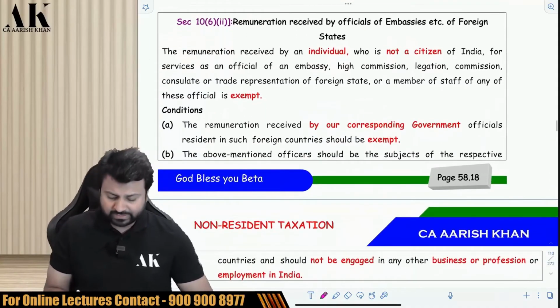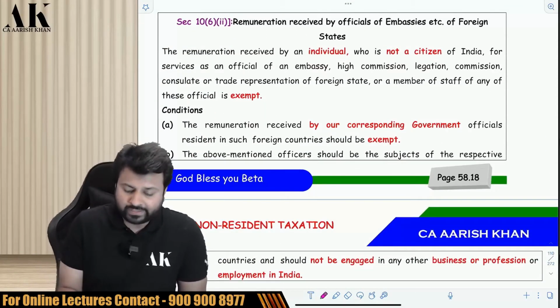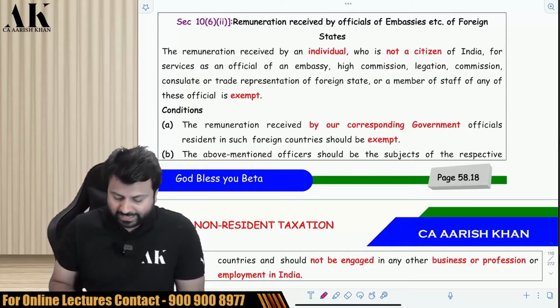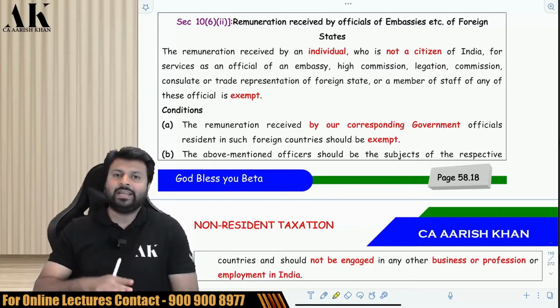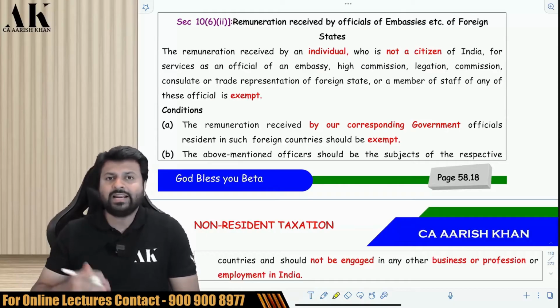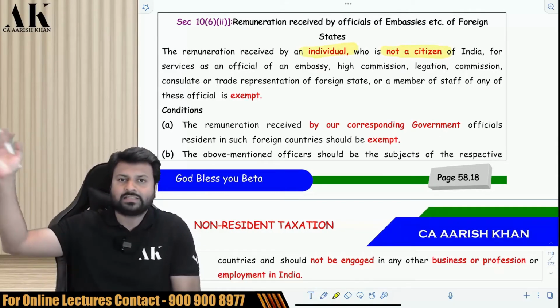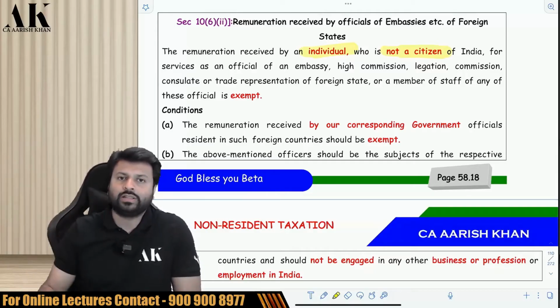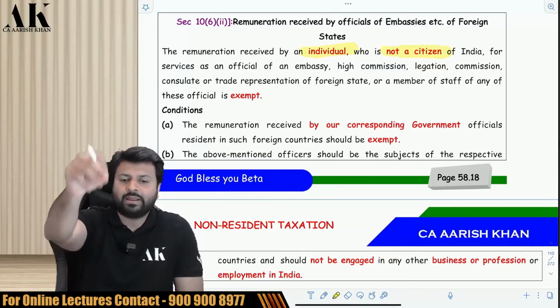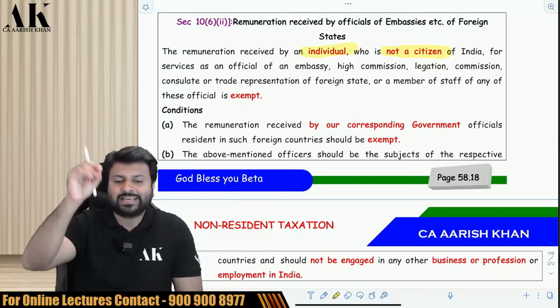Next one, which is given as a relaxation to certain individuals who are working in an embassy. Suppose in India there is a US embassy, and in that US embassy there are some foreign citizens who are not citizens of India. There are some US citizens who are working over there, and the US government is paying them remuneration. Then that remuneration is exempt in India,